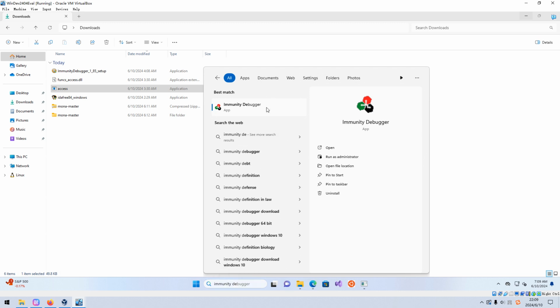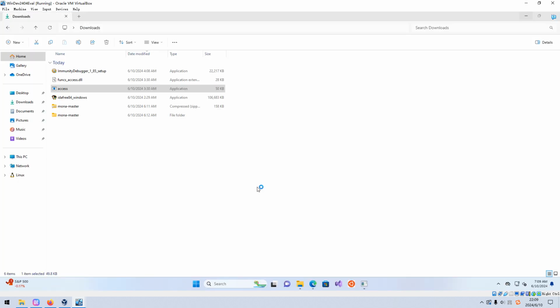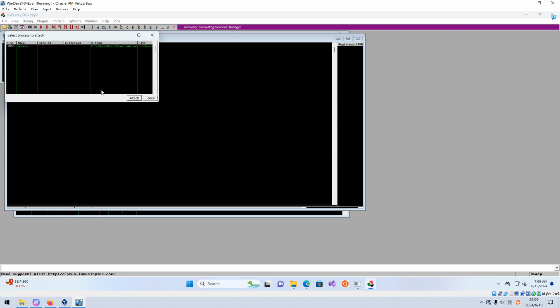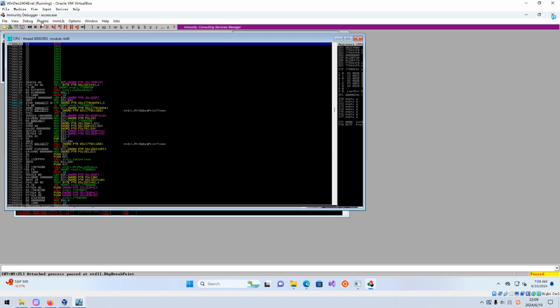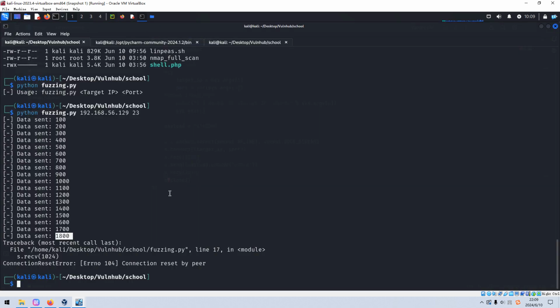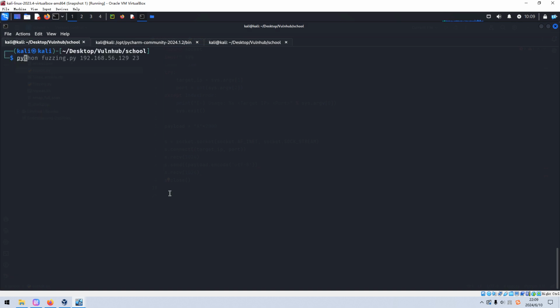Make sure to run as administrator, and then we need to attach to the application, attach, and then we can run it, and then go back to the Python, and then we can run exploit.